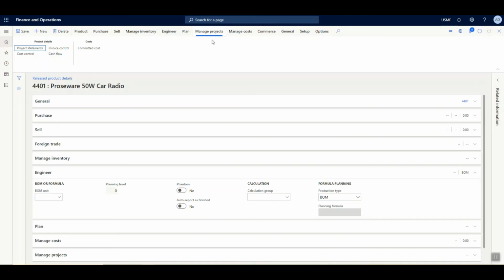Under the Manage Project action pane, you can see the project details pertaining to this item. For instance, the project statement. I can have the cost control, invoice control, everything set. Also the cash flow related to this particular item. Now, if this item is used in any sort of transactions, I can always see what is the committed cost against this particular item. Moving on to Manage Cost action pane, I can set up the cost price of this